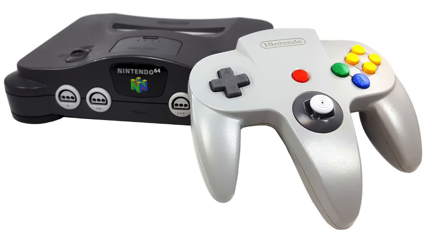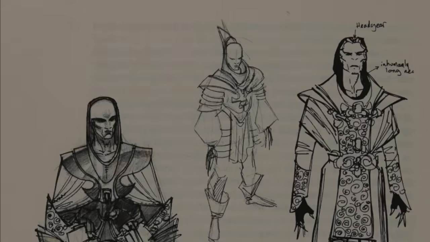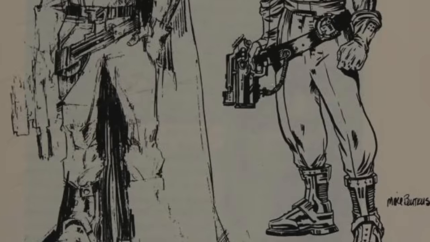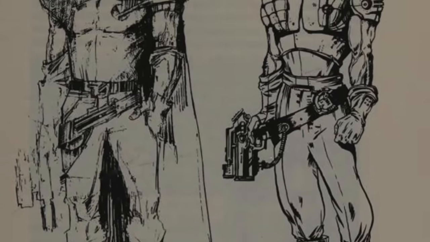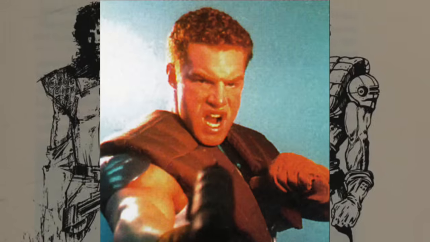But of course, this was still very early 3D graphics, with low polygon counts, and this affected the designs of both Dash Rendar and of Prince Xizor. Especially Dash, since Xizor only appears in a few cutscenes, while Dash is the player avatar. Although funnily enough, both characters were modeled using the same guy, Tom Kite, who posed in costume as references for Tim and Greg Hildebrandt, the guys who did the artwork for the Shadows of the Empire trading card game.